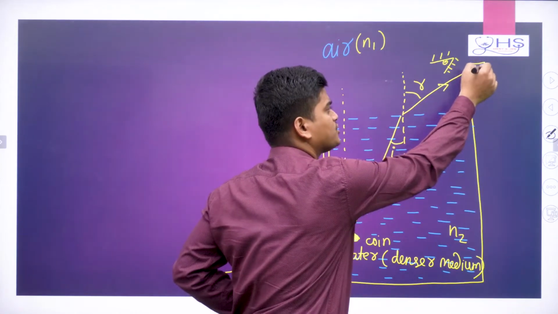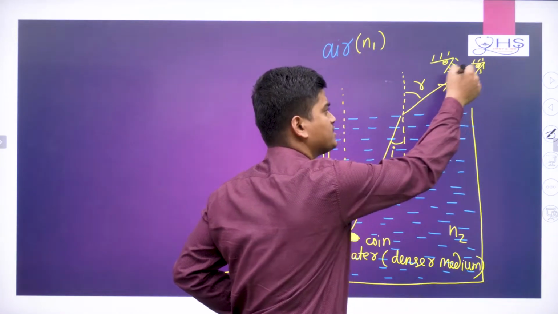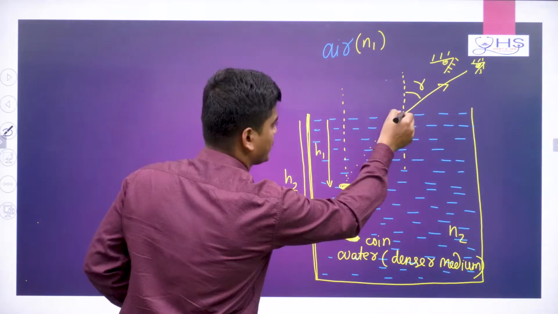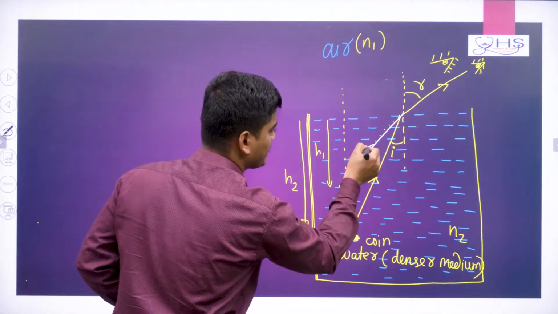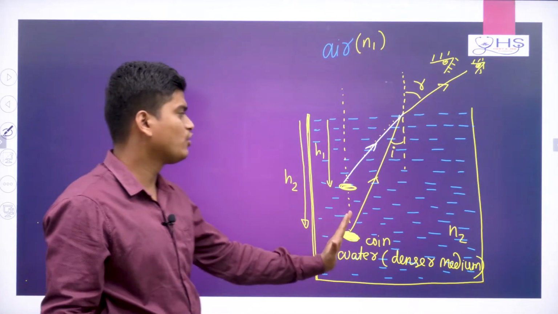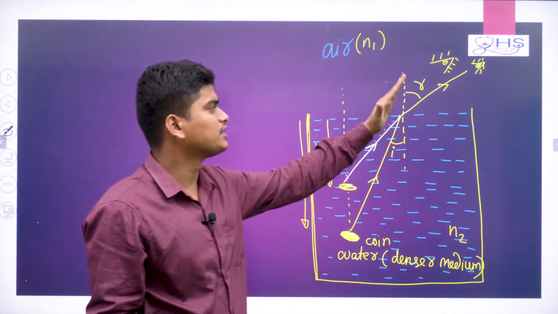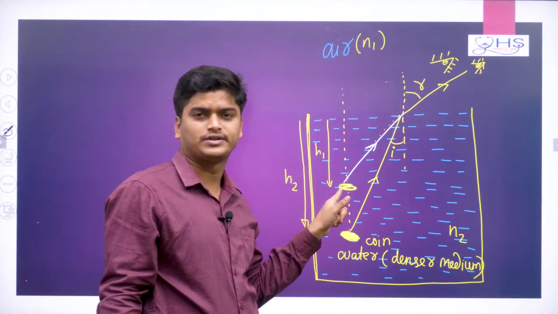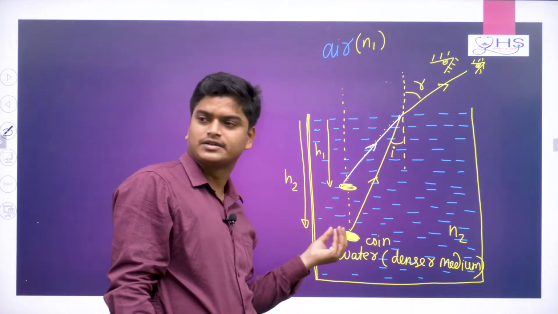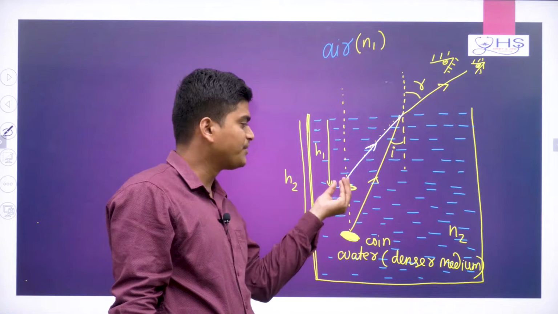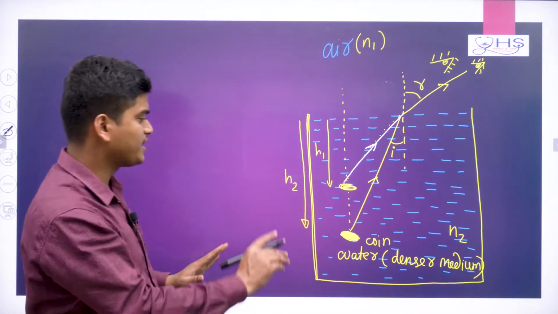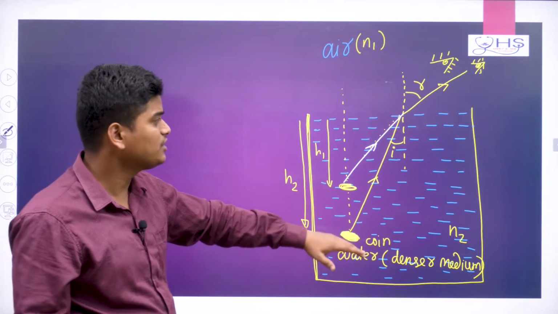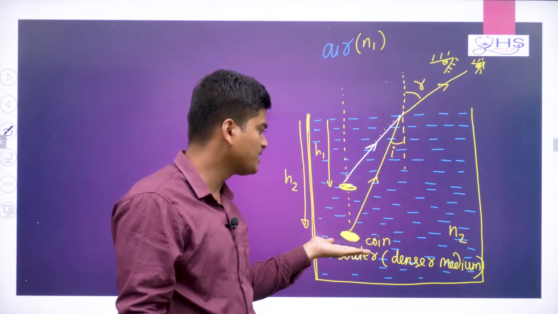That's why we are able to see. Suppose my eye is here, then I can see this object. It will feel like the light ray is coming from here, but the light ray is actually going from here. Due to refraction the light ray bends, so this eye will feel that the light ray is coming from this point. That means the whole object will look shifted. Seen from the side, the object is in its original position, but if you see from the top, it will look shifted.